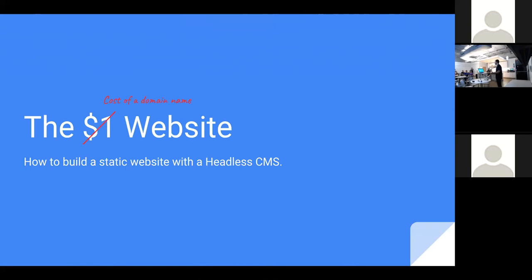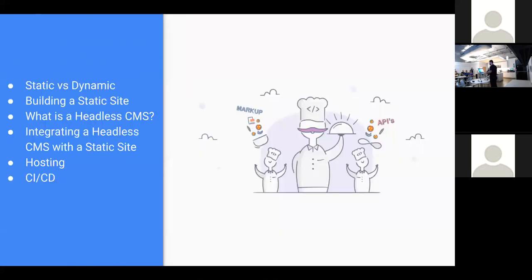If you have a .biz or something, it's probably less than $1. But if you have a .com, then you're kind of up there. So I'm going to do a little bit of a web 101 just so we're all on the same page. I'm going to discuss the difference between a static and a dynamic website. We're going to build a static website, and we're going to follow through with that static website and integrate with the headless CMS. We're going to discuss what a headless CMS is, integrate the headless CMS with a static website, and then we're going to get into a live, hopefully it doesn't mess up, hosting and CI/CD of this static website. I was making this talk, and I was going to make slides for hosting and CI/CD, and then when I integrated it, I was like, this gets